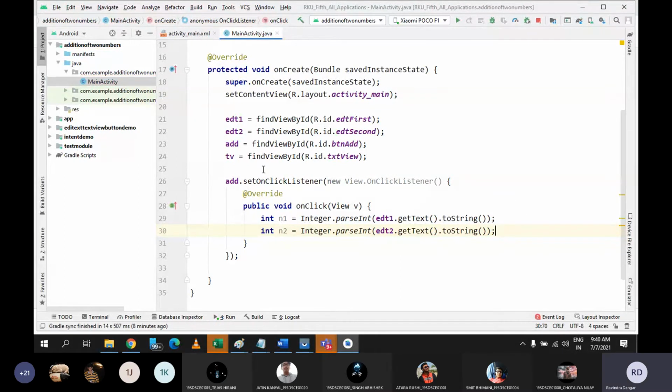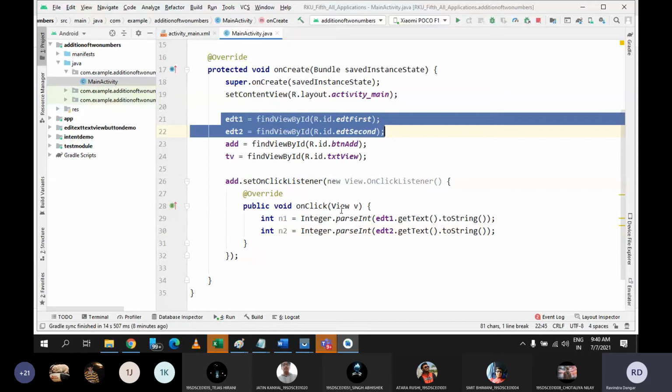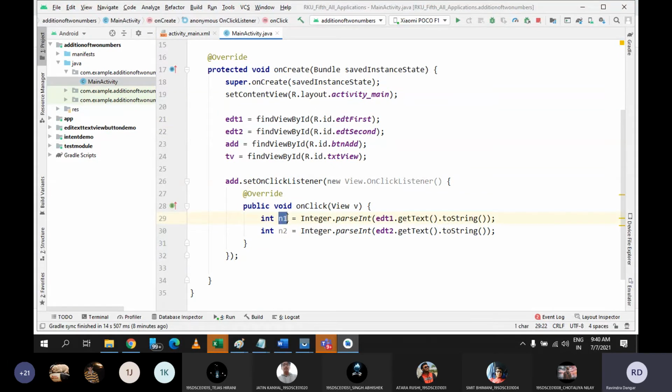Now whatever numbers you enter in both the edit texts are converted into integers and stored in the variables n1 and n2 respectively. Now the only thing is we need to add both the values. So you can go with one more variable, let's say integer addition, integer sum, whatever you want. Integer addition is equal to n1 plus n2. Now the answer is stored in this variable addition.